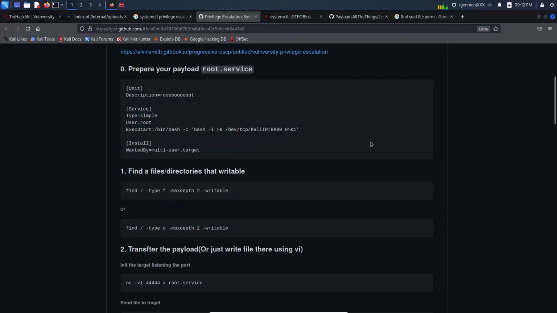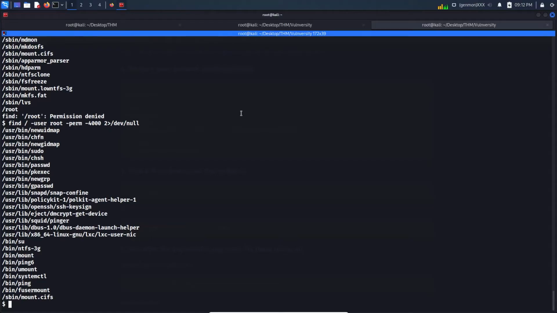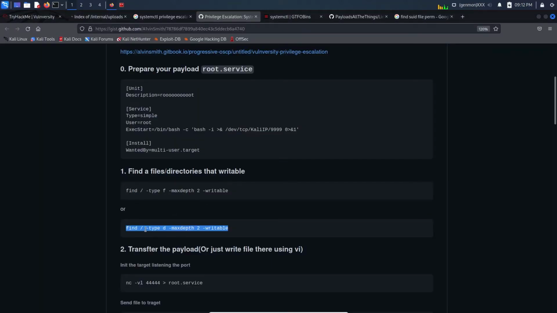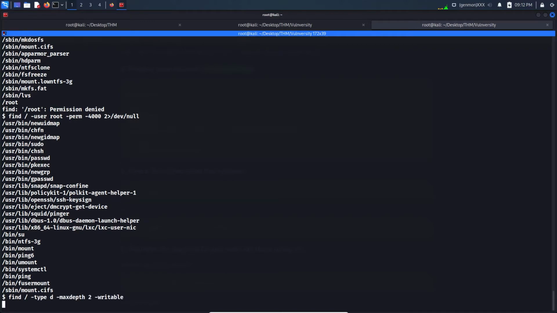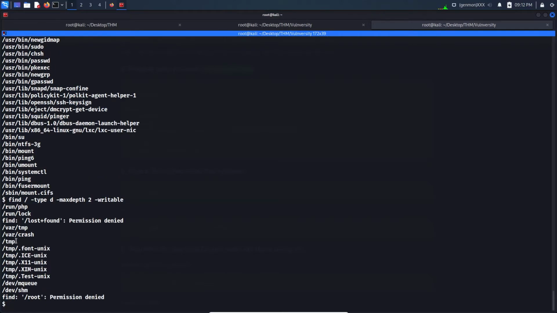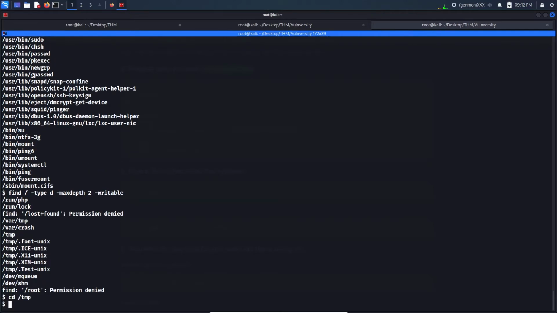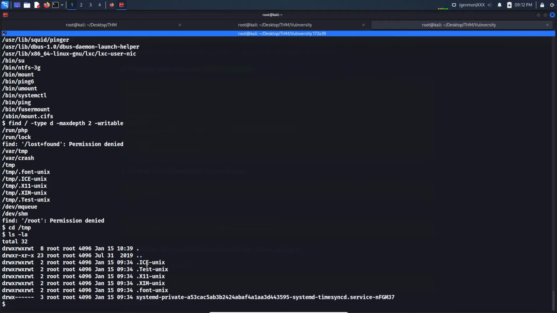First of all, okay, we are going to prepare this file, root.service. So first of all, let's get into the temp folder. How to do that? Let's see first of all what are writable. We can go into the temp. We can write over here,